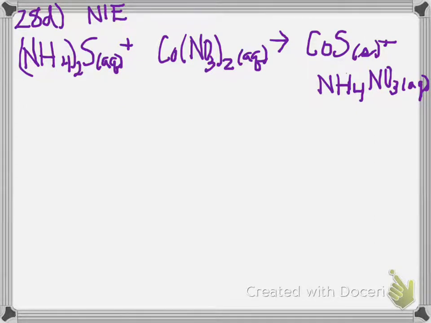Letter D, again, I'll start with balancing. 2 ammoniums, 1 ammonium, I need a coefficient of 2. Okay. 1 sulfur, 1 sulfur, 1 cobalt, 2 ammonia, 2 nitrates, so it's balanced. So my complete ionic equation,